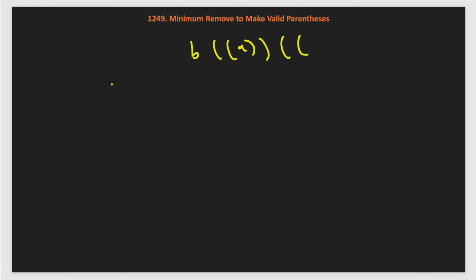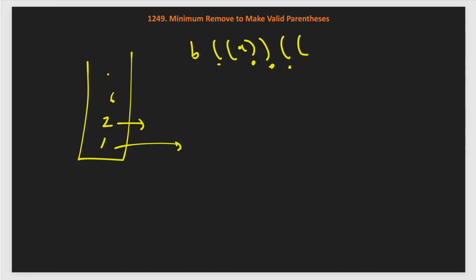So, in that case what will happen, first in our stack we will add the index of this, which is 1, then 2, then this 2 will be popped out for this, and this 1 is also popped out. Now, we got again an open, which is at index 6 and 7. So, after that our string processing is done. So, we are left with 2 extra opens. These opens do not have a corresponding close after them.